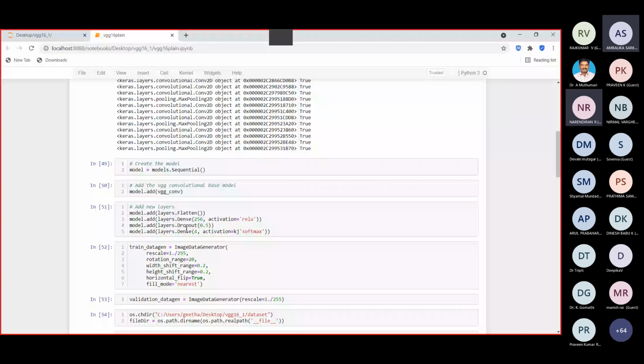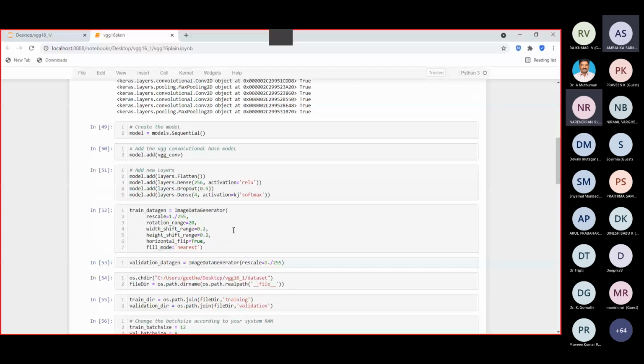and you are generating the data here, the train data generator. So the image data generator, you are generating with all these parameters here. You are using rescaling of the ratio 1 by 255, and you are using a random rotation angle of 20, and we are shifting the width range from -1 to +1, and the height shift range is again from -1 to +1.